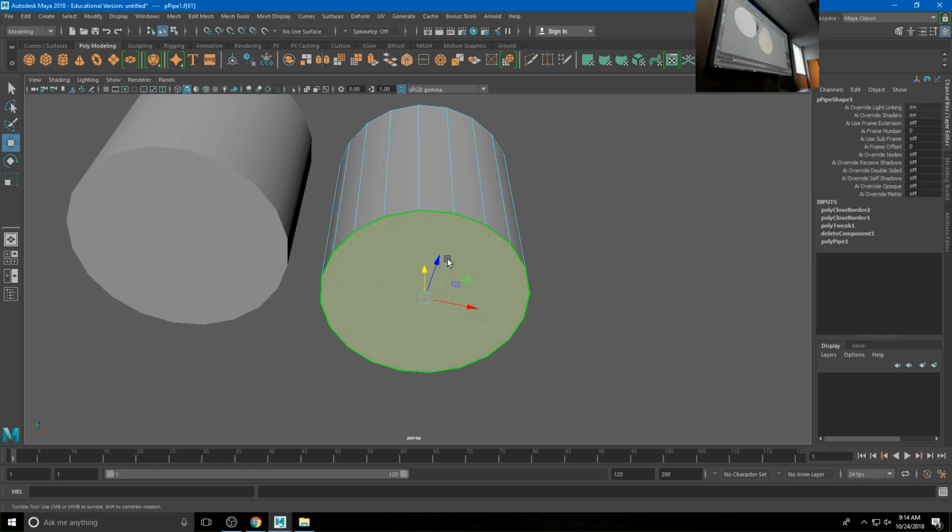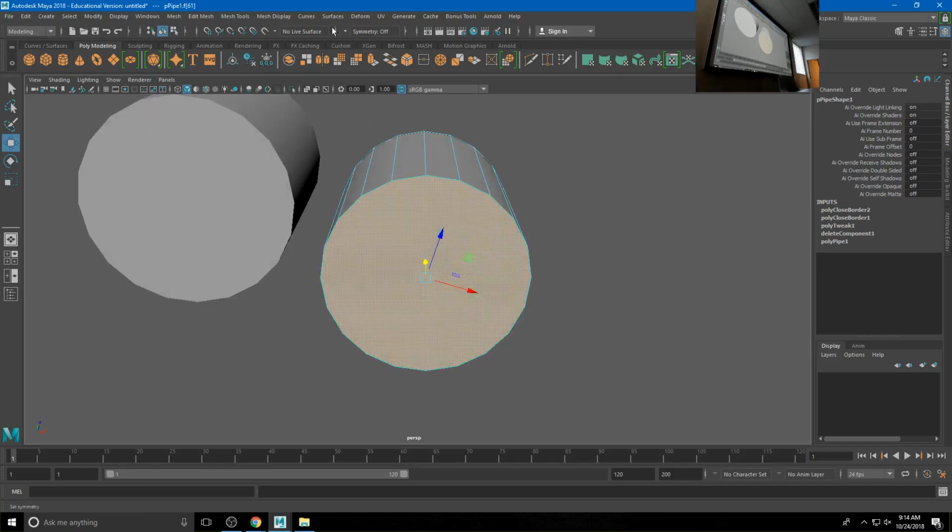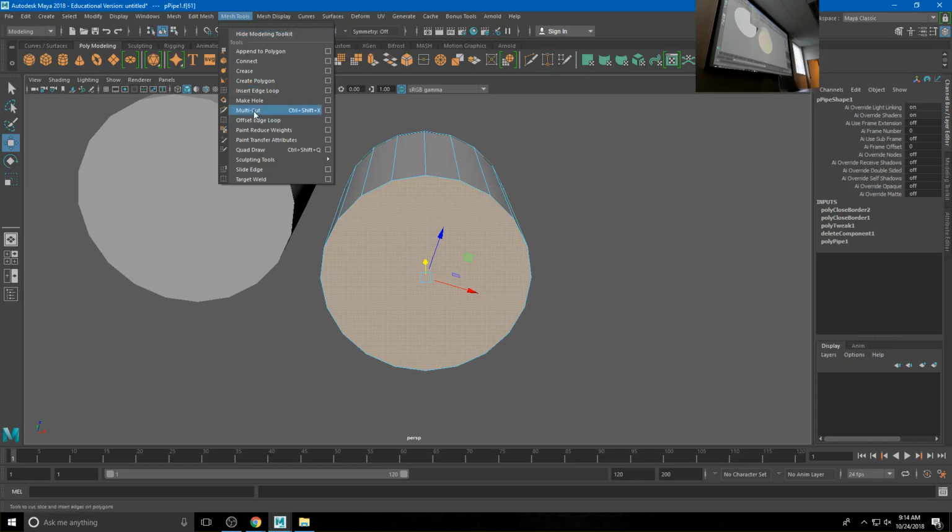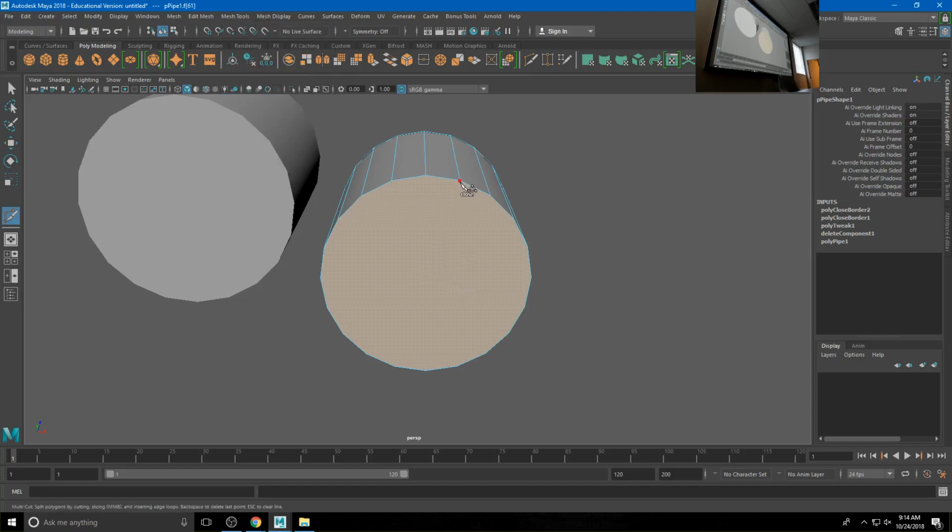So for us to actually make this usable, we have to go in here and add some additional edges to it. So we could do it with like Mesh Tool, Multi-Cut, and sort of click here, draw a cross, and start making these like divisions in here. And that's just a lot of clicking just to fill in that hole. So let me show you why